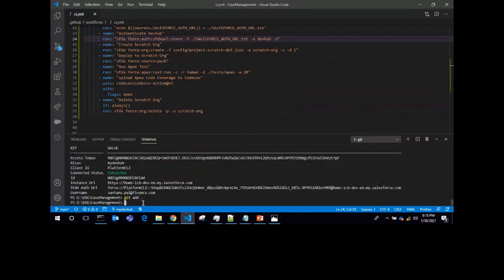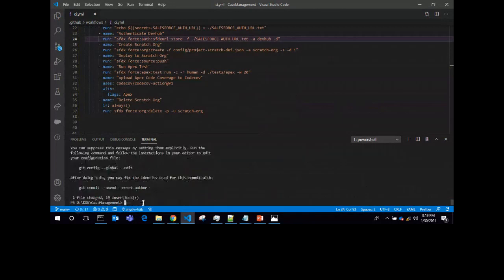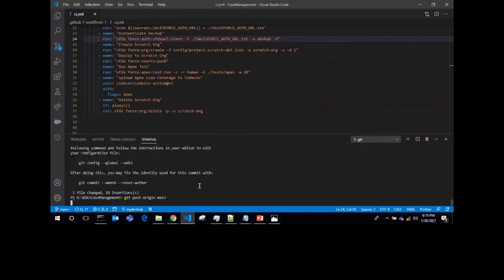Now git commit, let's say, updated ci.yml file. Okay. Now I have to push. Again, I will not write master. It has changed from master to main. So I need to write origin main. Let's see.